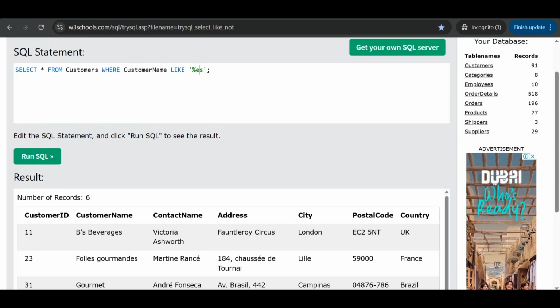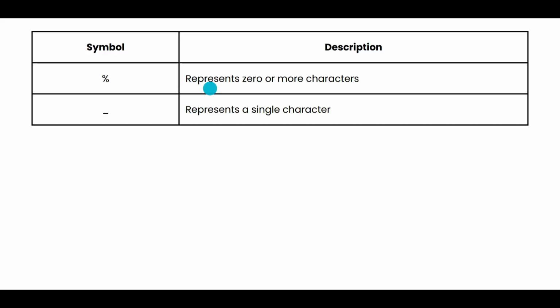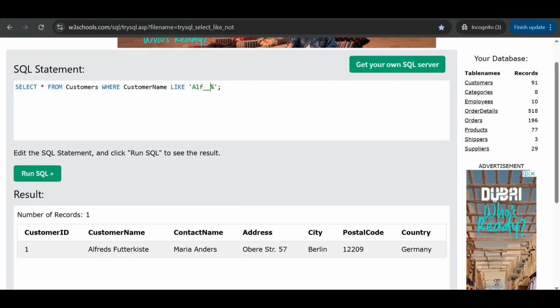I hope you understand. Next I will explain the underscore. Okay, this is the underscore. The underscore specifically represents a single character. It means it is not specific.